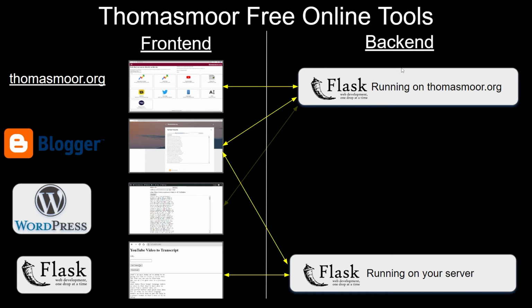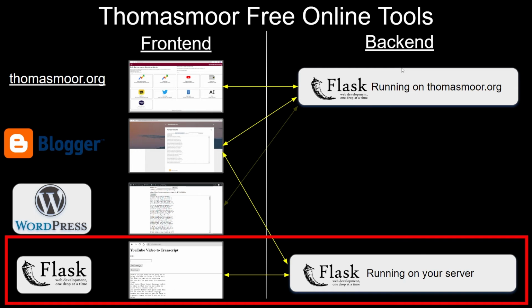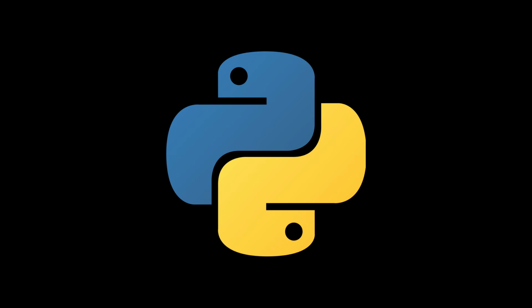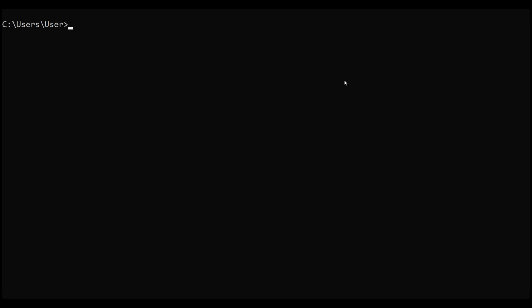Finally, I will show you how to install your own backend API with Flask, a web development framework, very easy to use. The main requirement is Python. If you do not have Python on your machine, follow the instructions that I will give in the description below. Then open the command prompt, go to the directory in which you copied the tool,